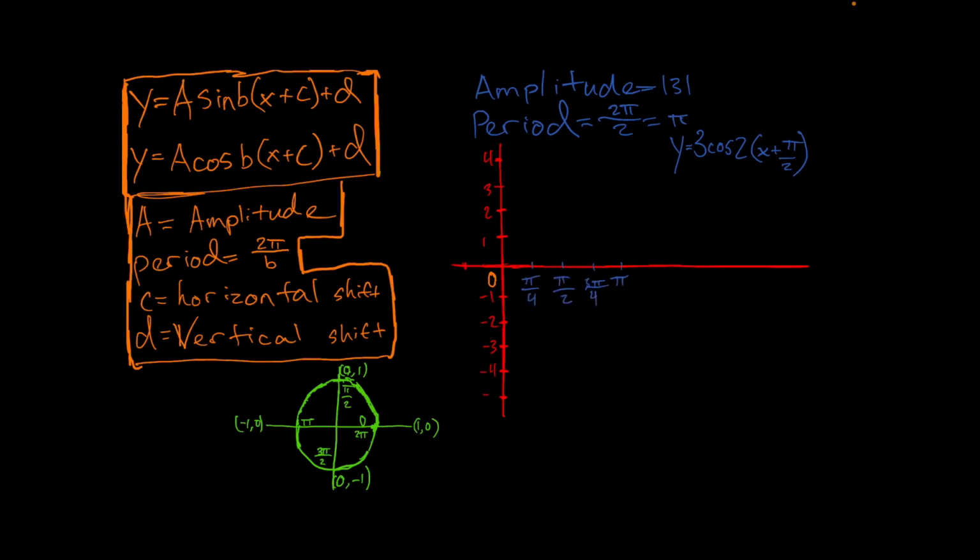I've marked our period into 4 parts, just so that it's easier to graph. We have this plus pi over 2. What we're saying is we're going to take pi over 2 on this side, and you see how much distance it covers? It covers this much distance, which means we're going to replicate that on the other side, because we're adding it. So you can think of it as moving the y-axis to the left. But remember that we're not actually doing this. You can just imagine it that way. We're not actually moving the y-axis to the left. So now we have a new starting point, which is right here. Now I'm going to draw an imaginary